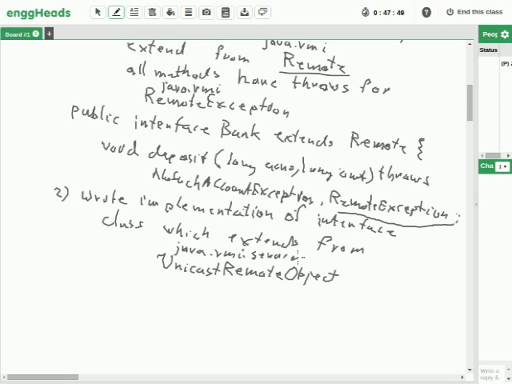So we have the java.rmi.server package where we have a class called UnicastRemoteObject. So you write your implementation class. An example here would be